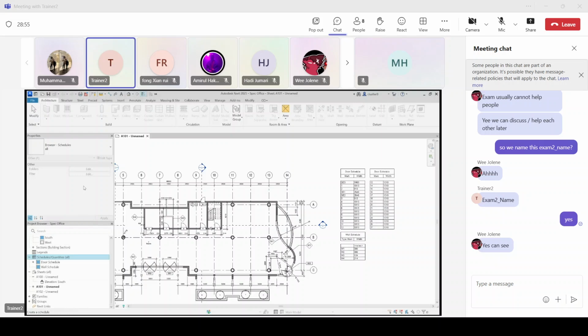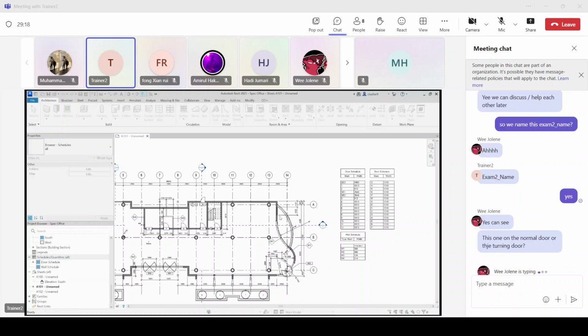Then right click, New Schedule/Quantities. So you should be on this view. Schedule, and you should be seeing this.